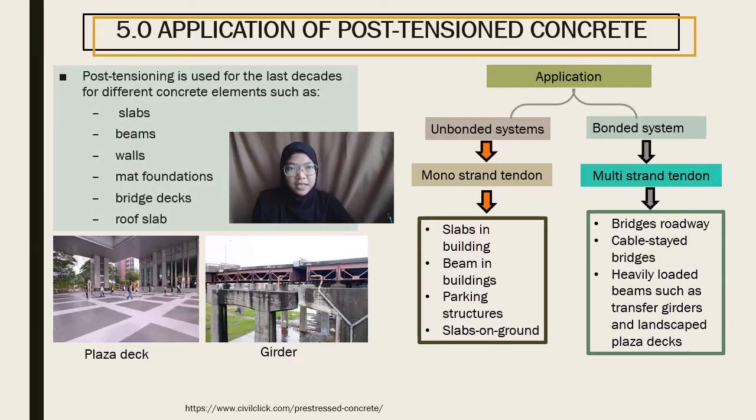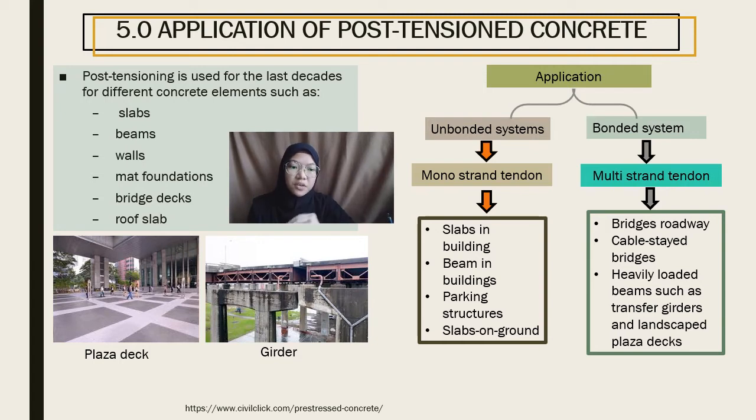There is a wide variety of post-tension concrete applications in different building structures. Post-tensioning has been used for the last decade for different building elements such as slabs, beams, walls, mat foundations, bridge decks, and roof slabs. The application of post-tension concrete can be divided into two sections, which are the unbonded system and the bonded system. Unbonded system uses monostrand tendon, and